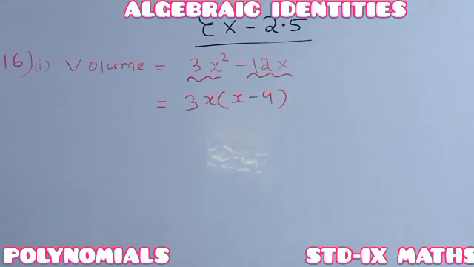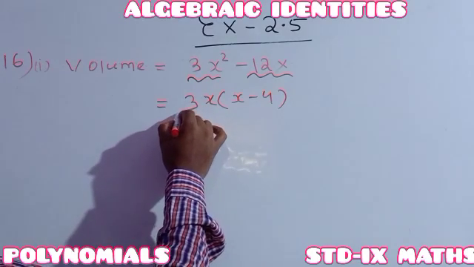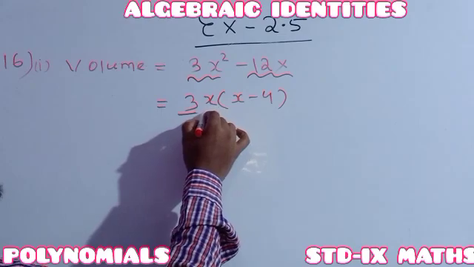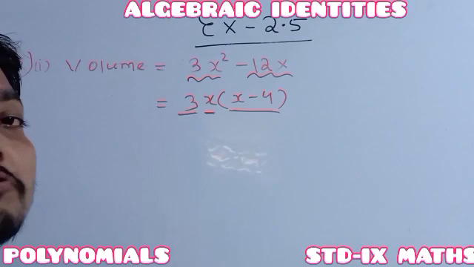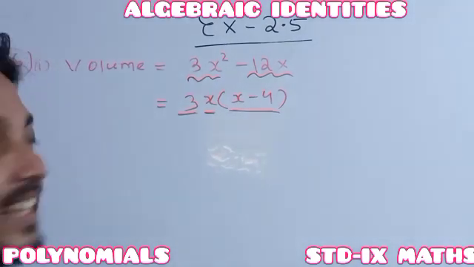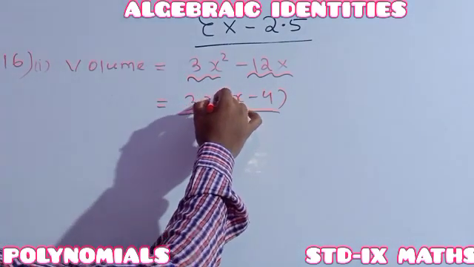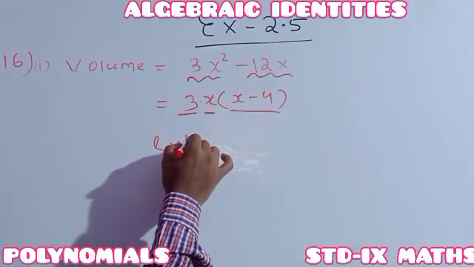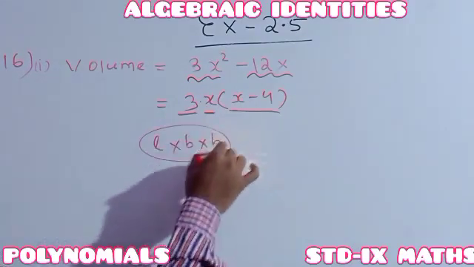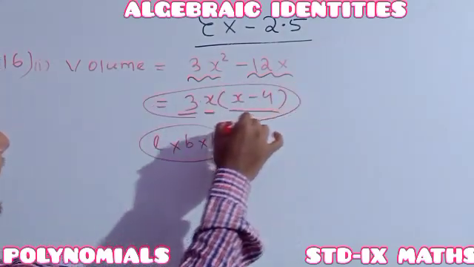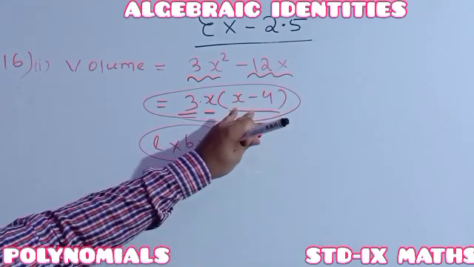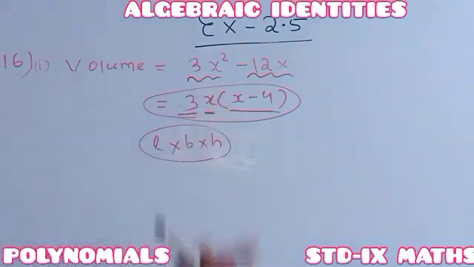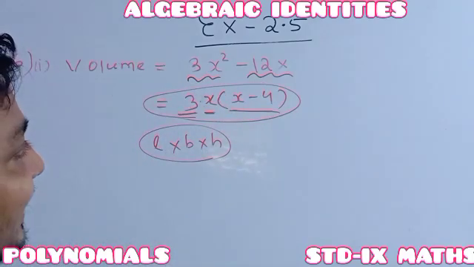See, we have already converted it into the product of three factors. Here 3 is one factor, x is another, and x minus 4 is another. Here we cannot directly say which one is the length, which one is the breadth, and which one is the height. Just like dimension means length into breadth into height, in the same way the dimension is this. The factorization of the volume is itself the dimension, because from it one can detect the length, breadth and height. Understood? So just like this I have done.